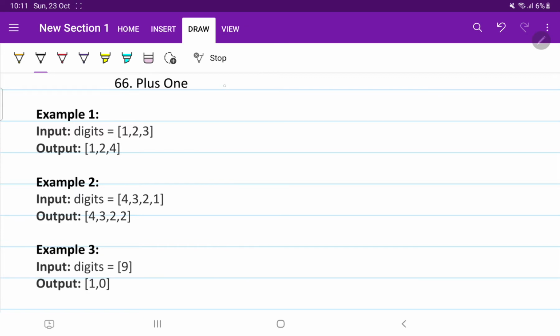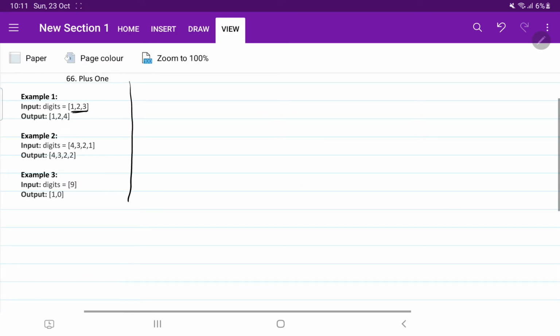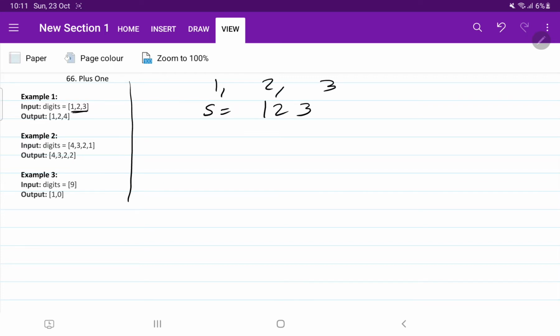One approach that comes to my mind is that the digits are given as separate numbers. So we can take the digits input in the form of an integer. Suppose we take them as 123 instead of separately 1 2 3.